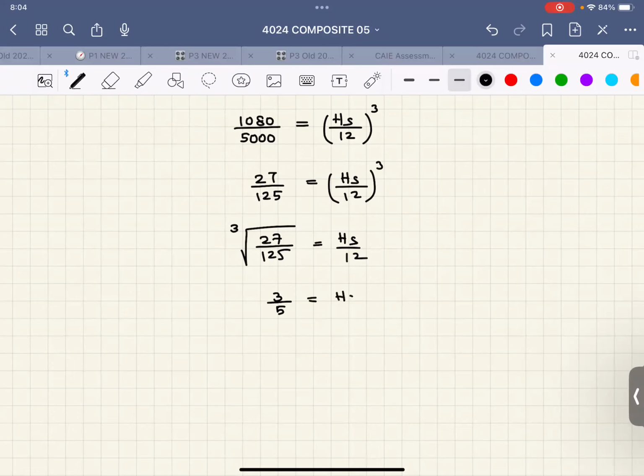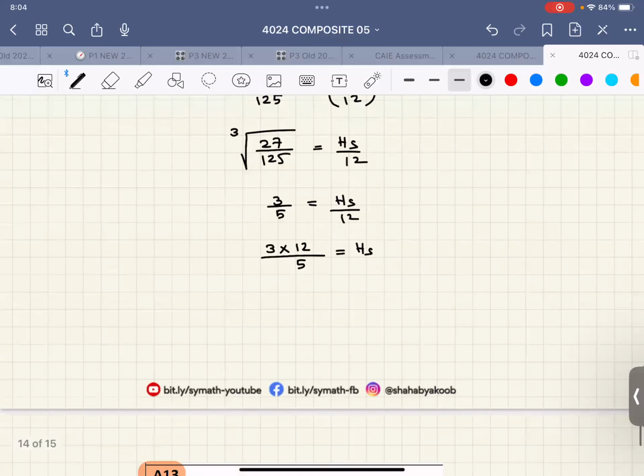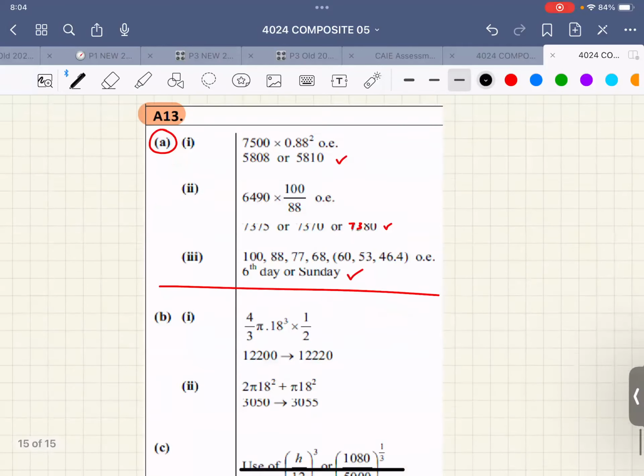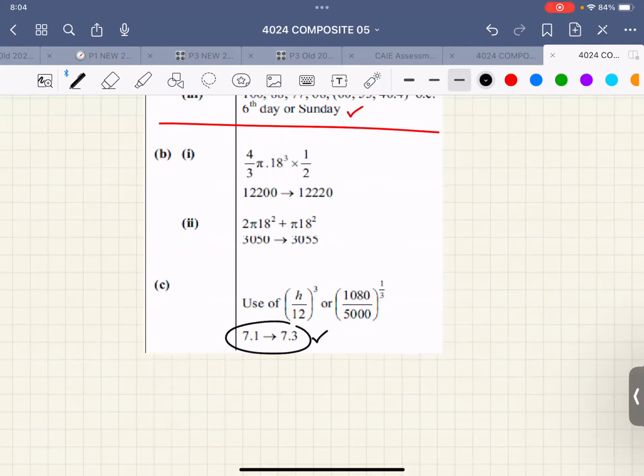That is HS over 12. Therefore, 3 into 12 divided by 5 is HS. So this is 7.2. This answer is calculated in a different style. And that is the answer over here. I don't know why they have given a range, whereas the answer is exact 7.2. And this is the answer for the other part, which we did not use a calculator. So B